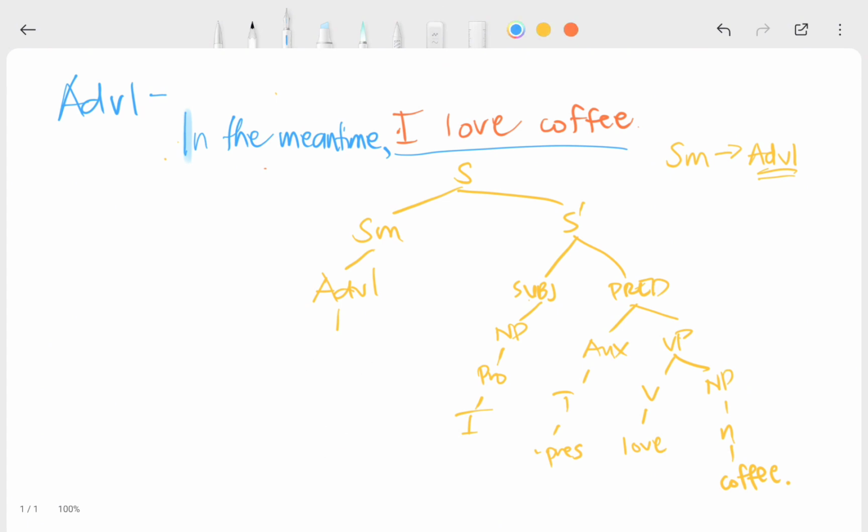This becomes prepositional phrase, right? So prepositional phrase. Then we have the preposition, then the NP, then in, then the art, the, and then the meantime. And, okay, so that's what will happen if ever in the